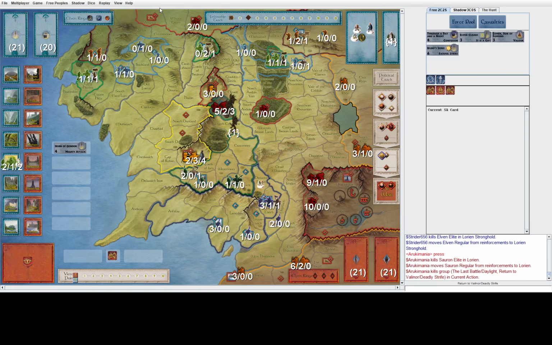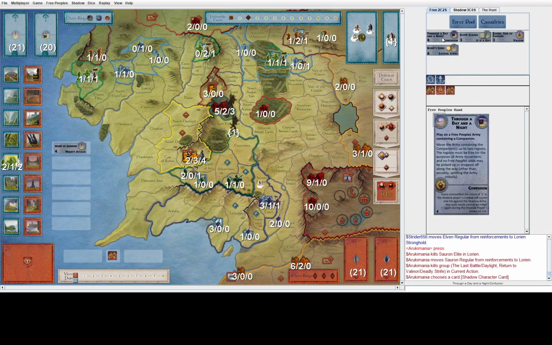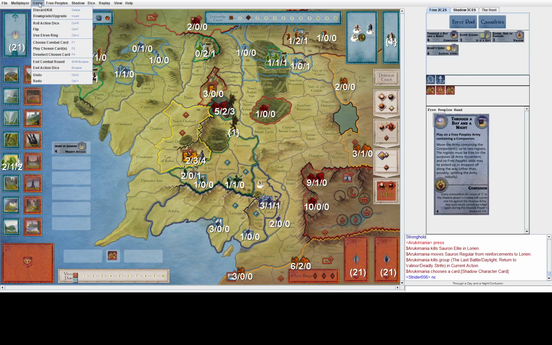So I need to click on. Let's see if F1 works for you, out of curiosity. Oh, I don't think it will. I think I'll mute my sound. Okay. So let's see. I'm going to play another combat card. So I will go to game, and I will say choose combat card. And I'll choose because I see you're doing a character card. I'm not really afraid of that, so I'm going to write NC for no card, so we can cover this too. Good idea. And now what you're going to do is, under the game menu,